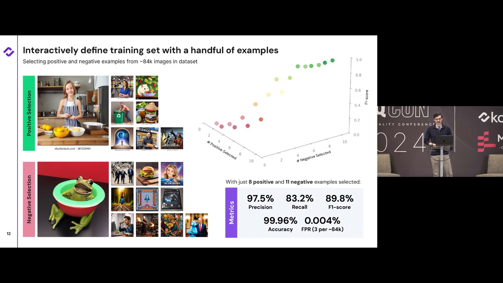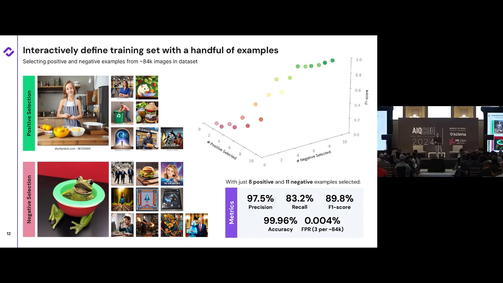As we continue to select these positive and negative examples, we see our performance improves. And by the time we've selected just 5 positive and 5 negative examples, we already have a classifier with an F1 score of 50. This is pretty good. You can use that for pretty real-world tasks that maybe don't require super high metrics. But as we continue to select images, we're narrowing down further and further on the specific watermark concept that we're trying to isolate here. By the time we've selected just 8 positive examples and 8 negative examples, we've trained a